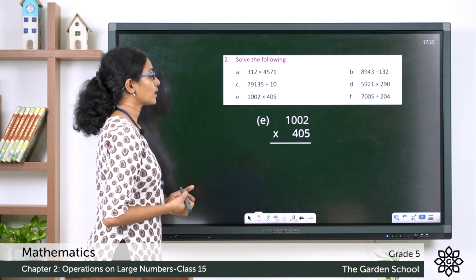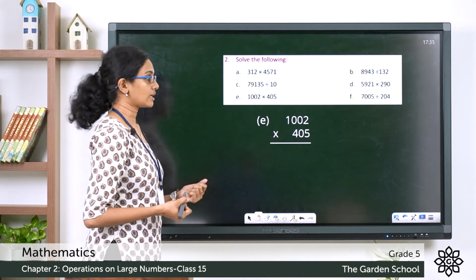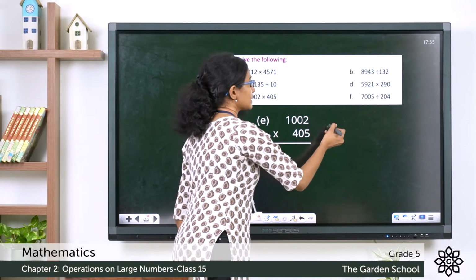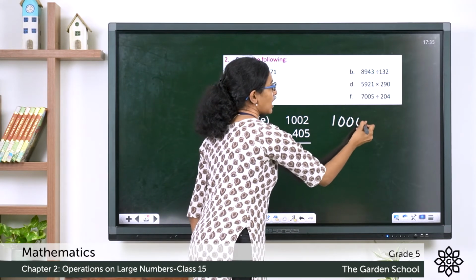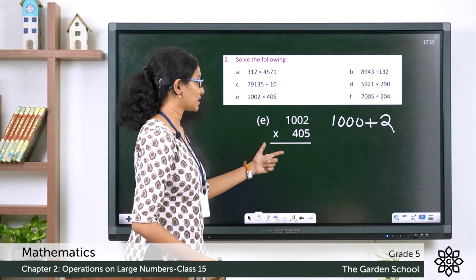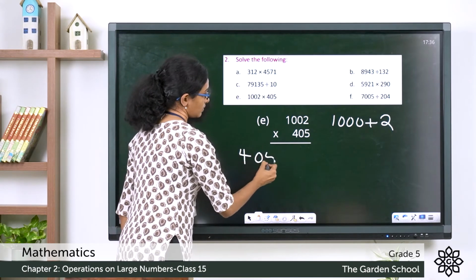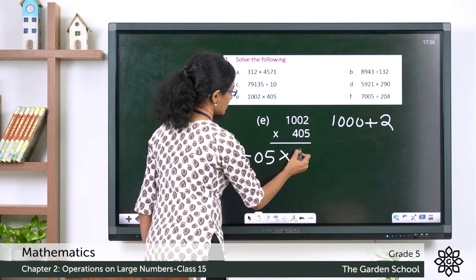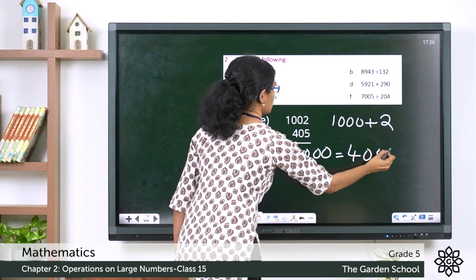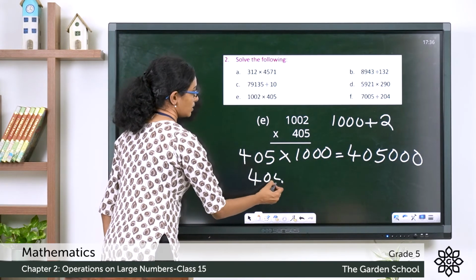Now let's see question E. 1002 into 405. So we had learned a shortcut method for multiplying bigger numbers. With that method, I'm choosing this 1002 and rethinking this 1002 as 1000 plus 2. And then let's do the multiplication easily. We know 405 into 1000 is equal to. Okay, now we have to find out only what is